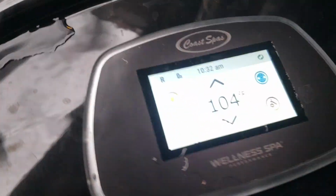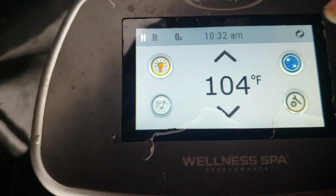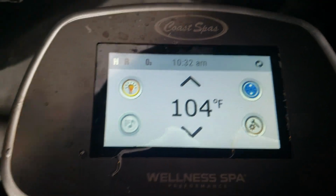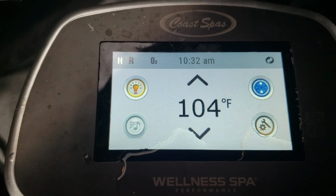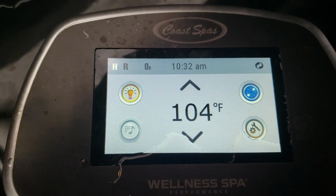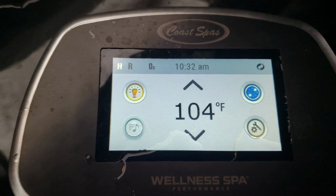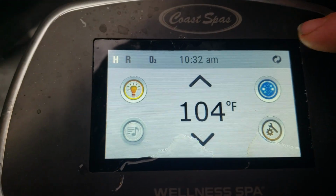Moving on to the control panel, though. Control panel is nice. It is a high quality feeling control panel. I believe it almost feels like glass, like you would have on a smartphone. It does not have a cheap plastic feel. It feels like nice glass. The controls are crisp. You don't need to press hard. Works well when your fingers are wet. It can